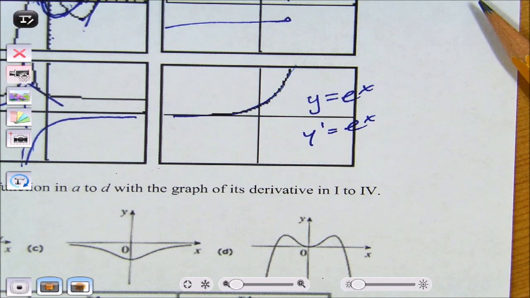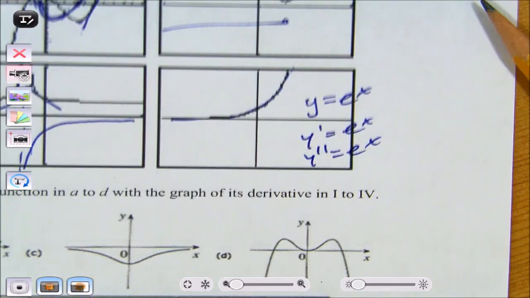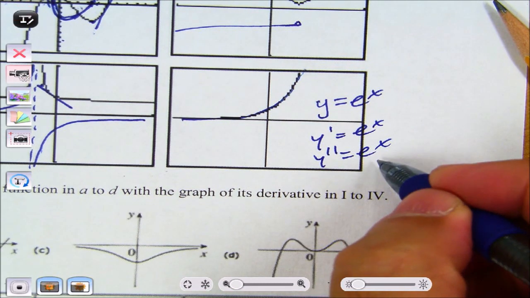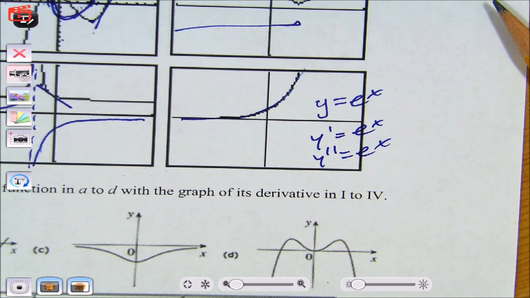Is the second derivative also e to the x? The second derivative is the same. Third derivative, same. Yes. Since taking the derivative is the same action, it doesn't change. Wow. Dang, that's deep. So, wait, obviously we're doing like reverse derivative, but how would it change as you go